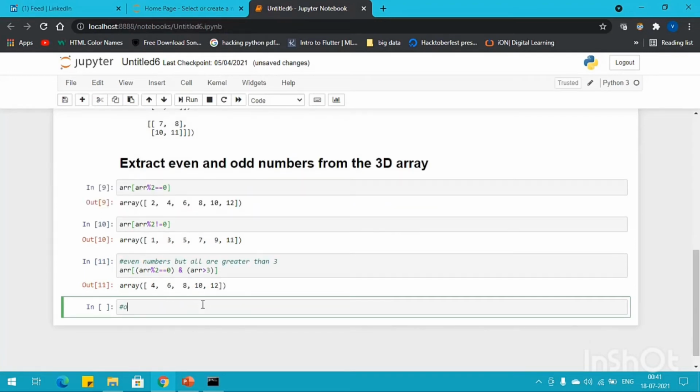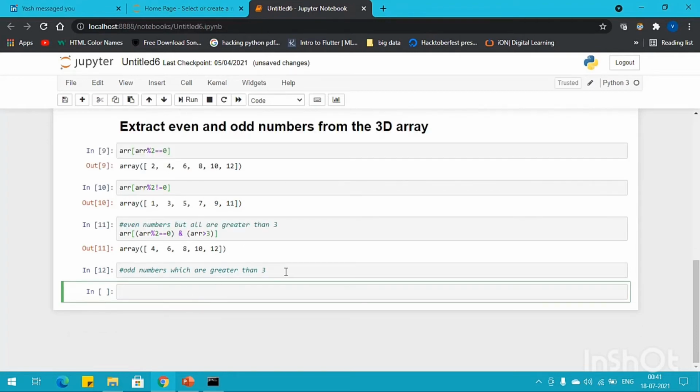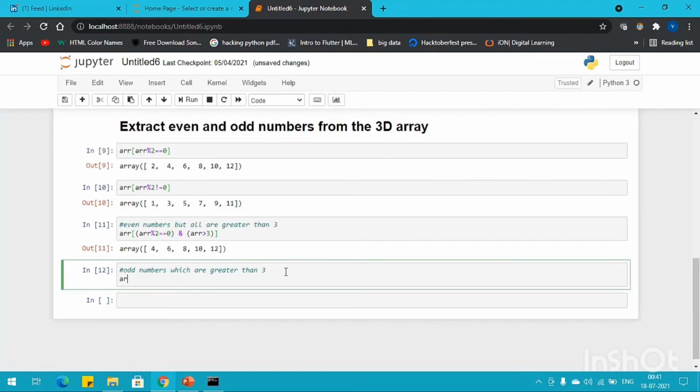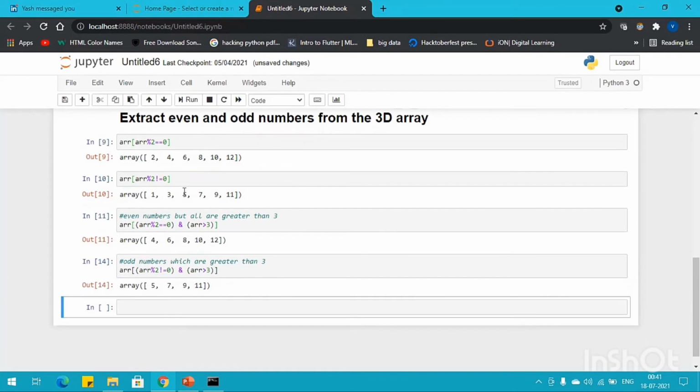And now for odd numbers which are greater than 3, okay, so for this, this will print all the odd numbers which are greater than 3.